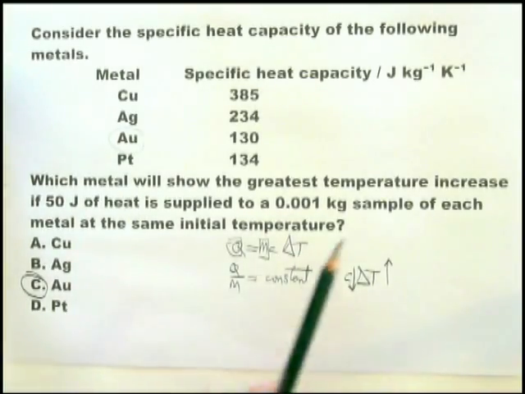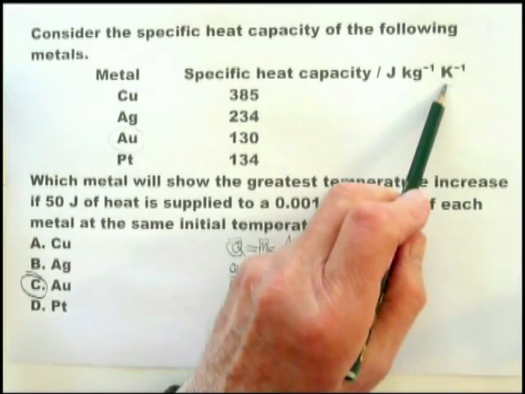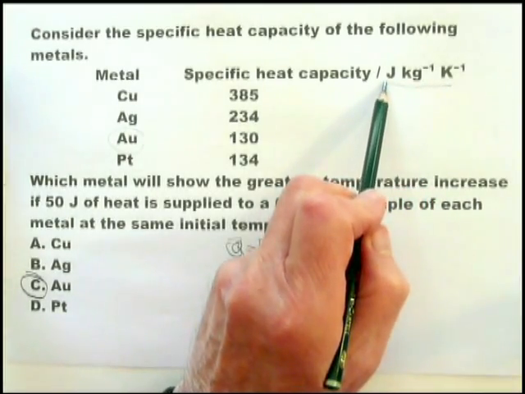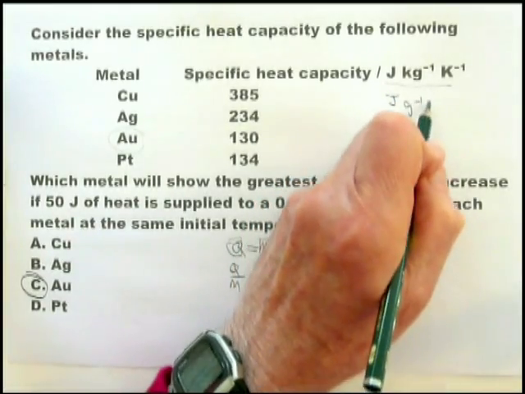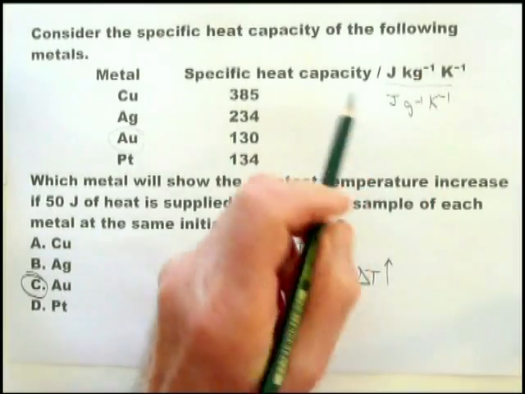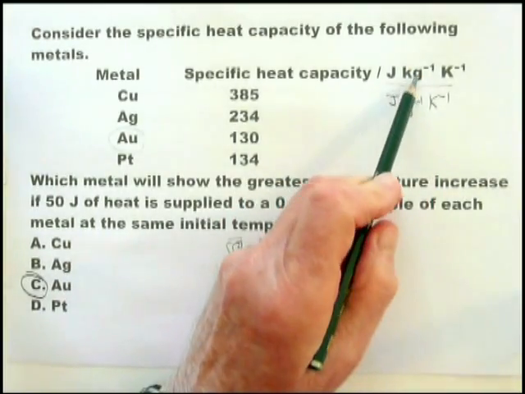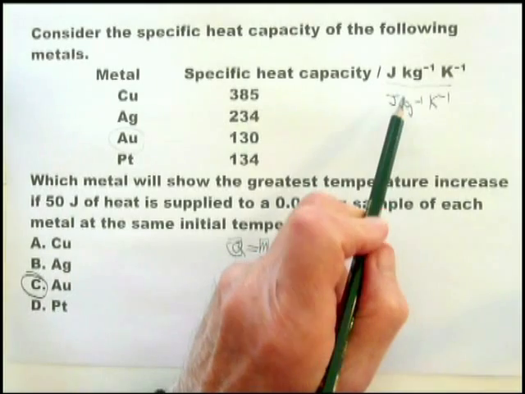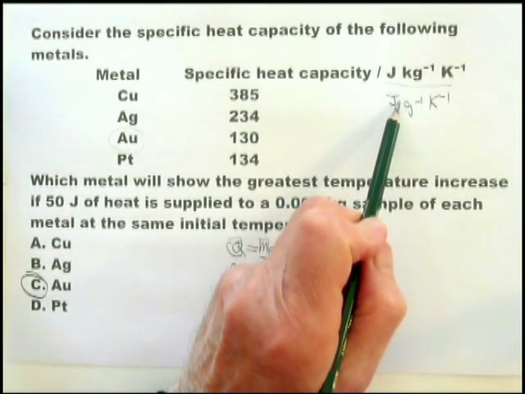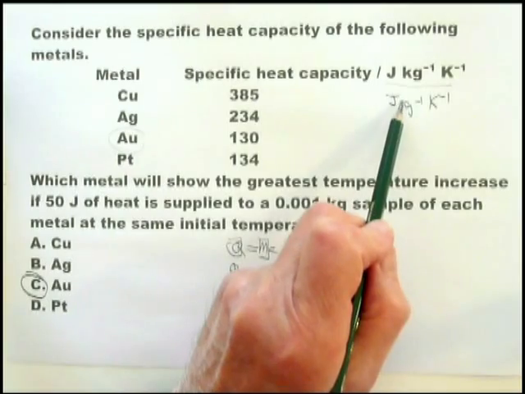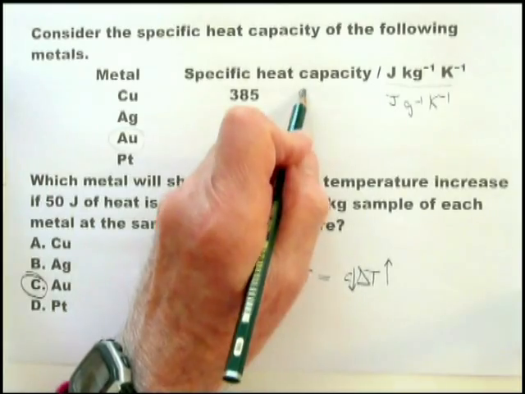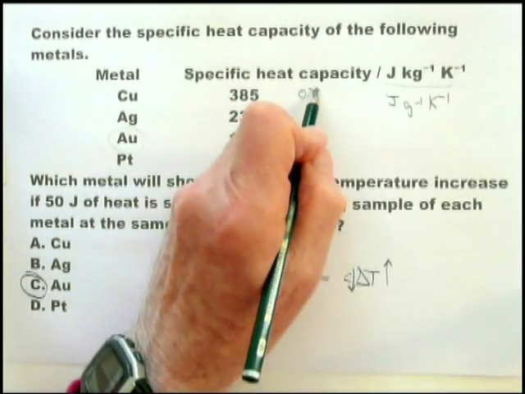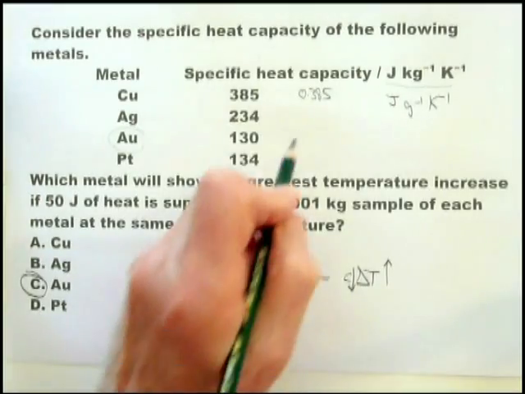Going back to this, you will see that they've used a slightly different unit. Instead of J g minus 1 K minus 1, they've used J kg minus 1 K minus 1. In other words, they've simply multiplied the heat capacity by 1,000 in order to get this. So normal heat capacity would be 0.385 for copper and